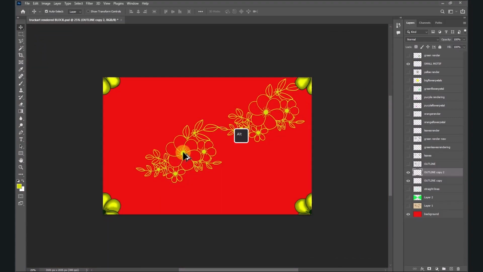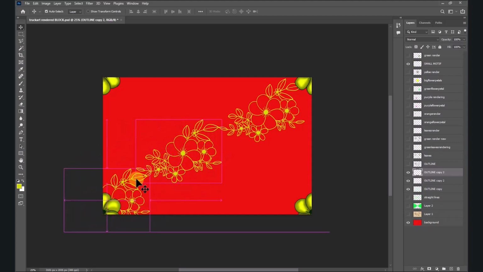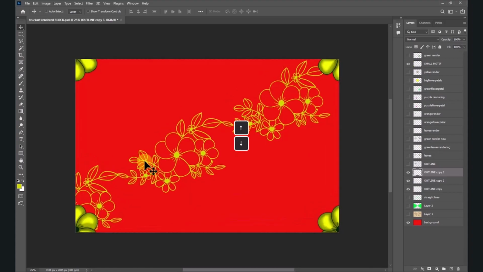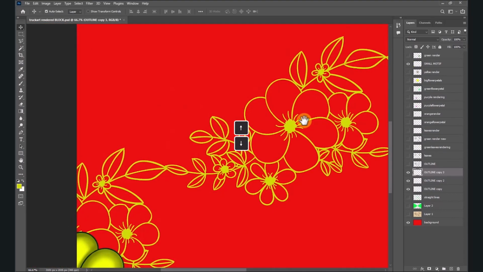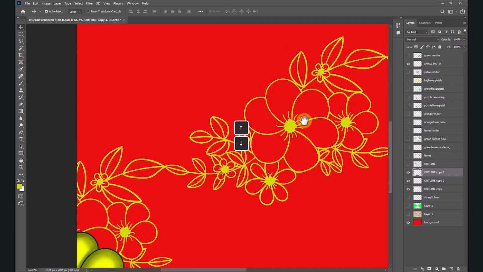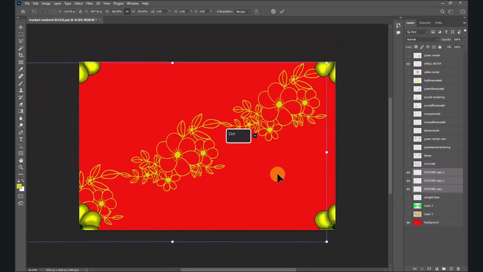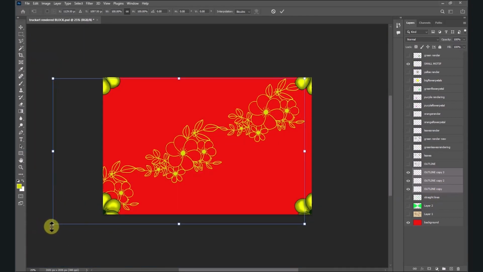I'll press Alt and drag. Again, I'm going to make its connection by pressing arrow keys on my keyboard. I'm going to zoom in and make sure it's connected properly. Right. Now, when you feel that this looks better, I need to reduce its scale. So in order to reduce its scale, I'm going to select all three layers. I'll keep pressing Shift on my keyboard and select all three layers. Okay, outline copy. Now I'll press Ctrl T, transform, Ctrl minus, zoom out, and I'm going to reduce the scale